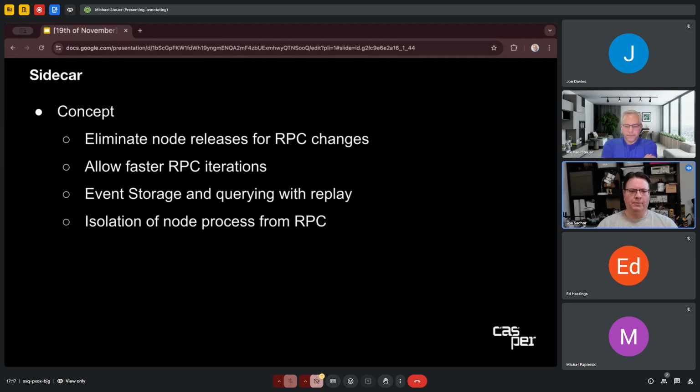You also have the capability for event storage and querying those values with replay capability. And then it also isolates the node process from RPC. We've talked about it in the past being like a circuit breaker. It doesn't have to be on the same machine. It could be on a separate machine, but it allows a DDoS to take down the sidecar and not the node, which,